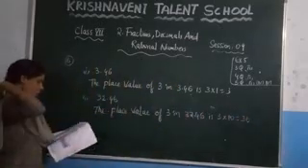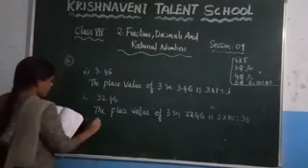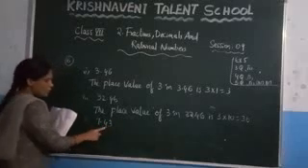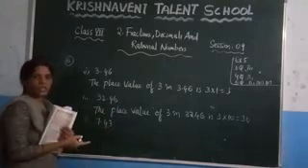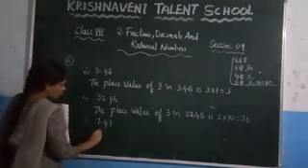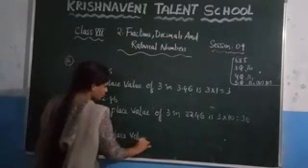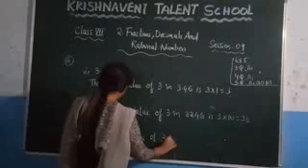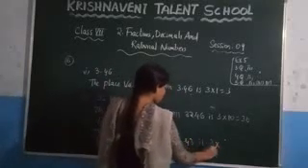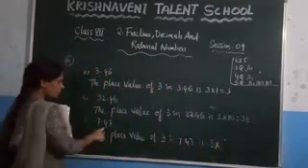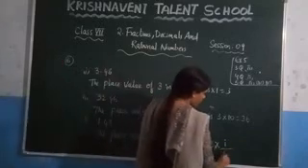Now see the third question here, 7.43. What is the place value here? Since we are going to the right side of the decimal point, you need to take the division of 10. So what is the place value of 3 in 7.43? It is 3 into, what is the place value here? This is 1 by 10th place and this is 1 by 100th place. So multiply it: 3 into 1 by 100.